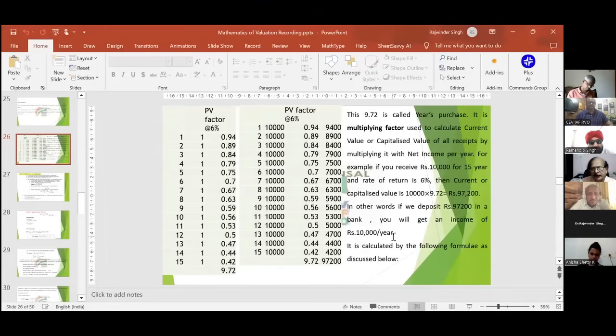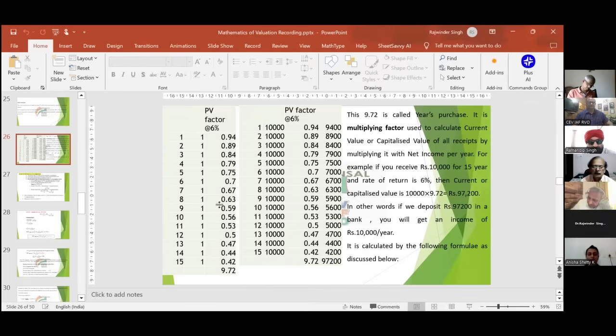Present value of 1 rupee for 50 years. It is basically present value of ₹1 which you have been getting for 50 years. देखिए रमनदीप जी, let us suppose we take an example. You are receiving ₹1 every year for 15 years. आपको 15 साल के लिए ₹1 मिल रहा है हर साल,